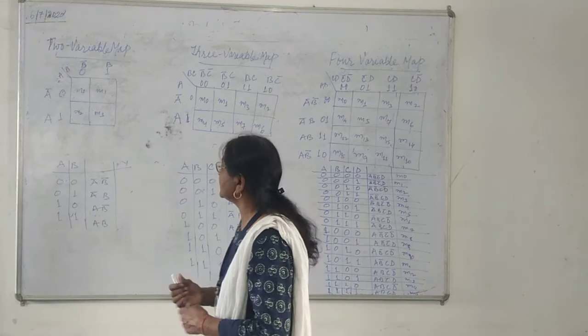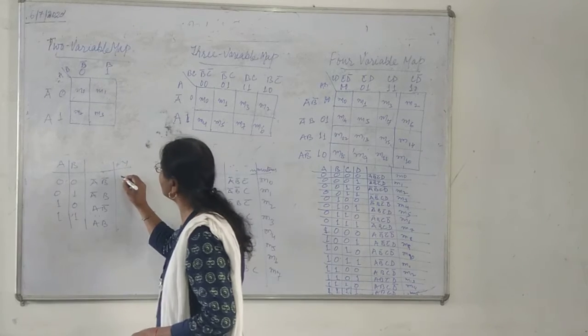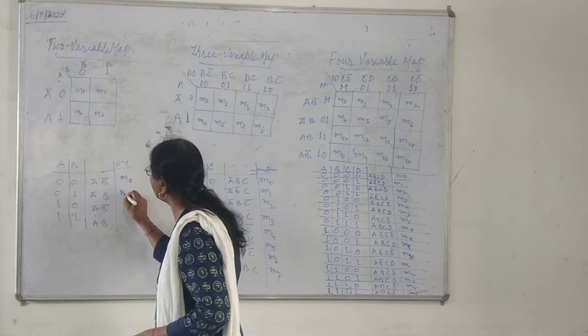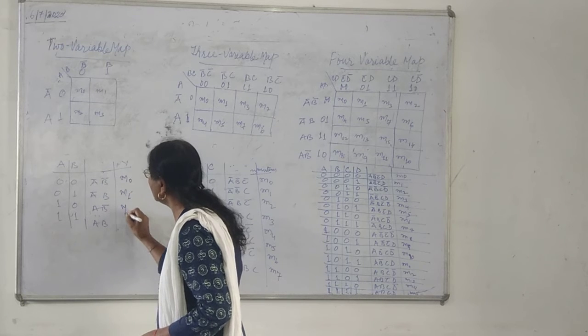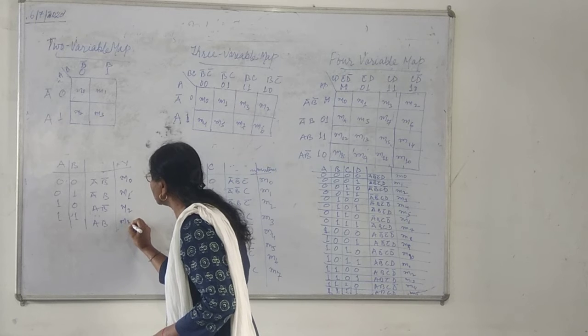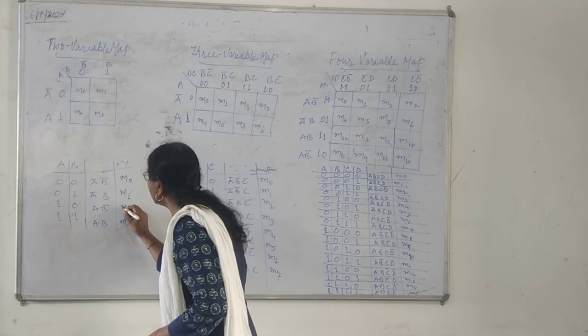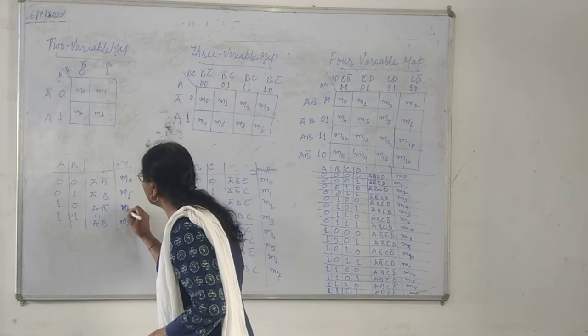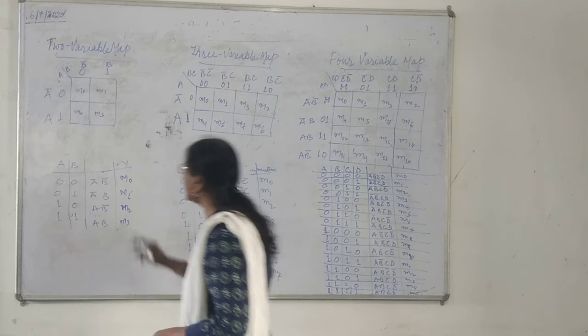Okay. So in the minterm form, what I can say is it is equal to M0, then M1. What is 1, 0? It is equal to M2. And this one is M3. In short, you always write it with a small m. This is M2 and M3.